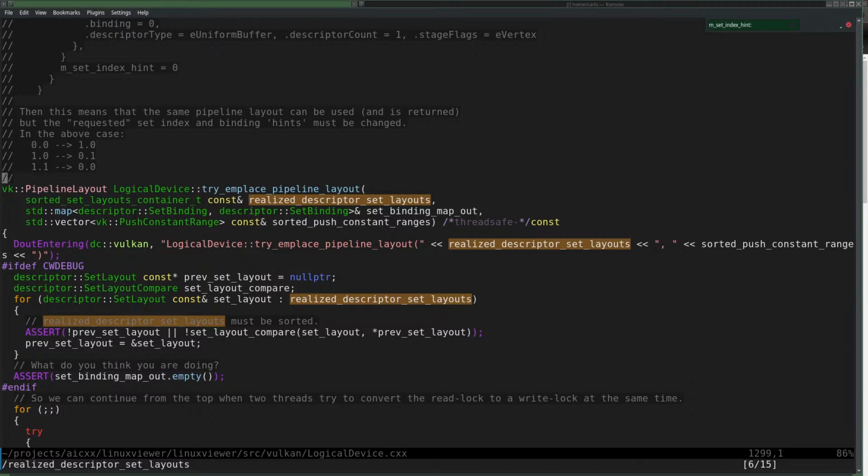So first we pre-process, then I look up or create descriptor sets, then I look up the pipeline layout in the cache, then I have a translation map, which I then apply, and then I can compile the shaders, and then we can create a pipeline. Something like that. It's all very complicated.